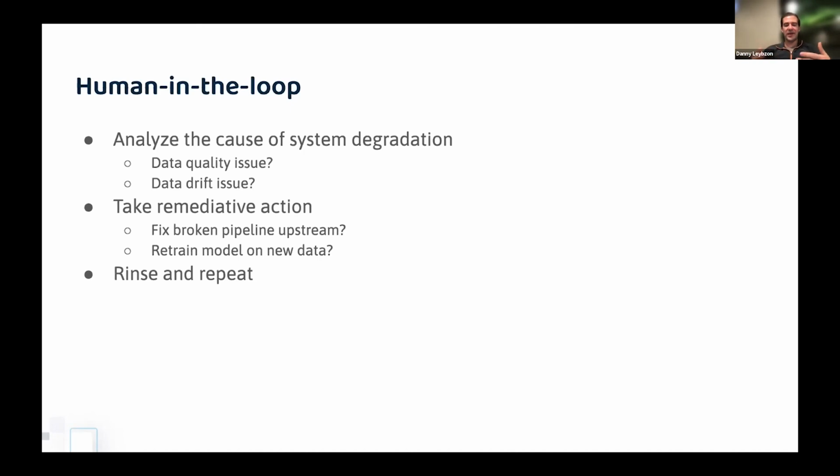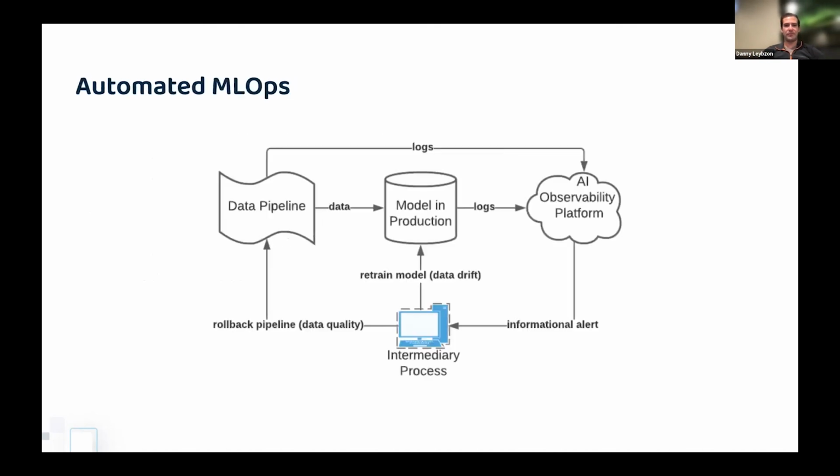Artificial intelligence allows us to move past the need for human intervention. So the question is, why are we allowing human intervention? Why are we requiring humans to be in the loop when we're resolving things that are based around machine learning models? And why don't we just automate this process? So the system that I propose for automating MLOps is really just taking into account what a human being does and trying to automate it.